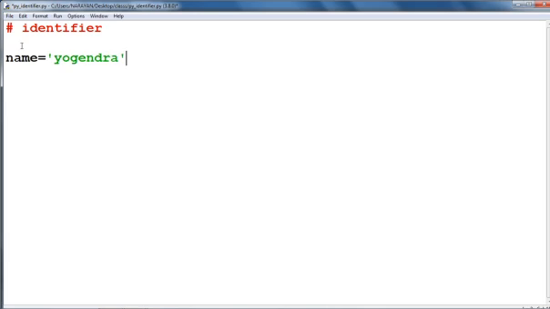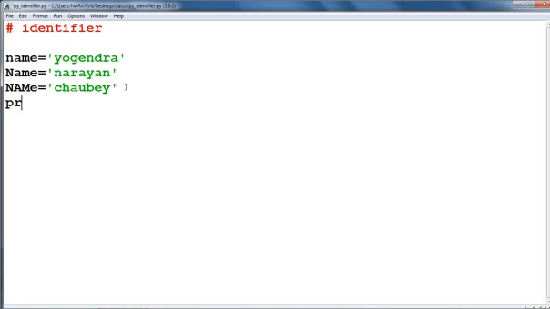Now if you are going to define name equal to Narayan. Now if you are going to define name equal to Chobe, here we are going to print this value.